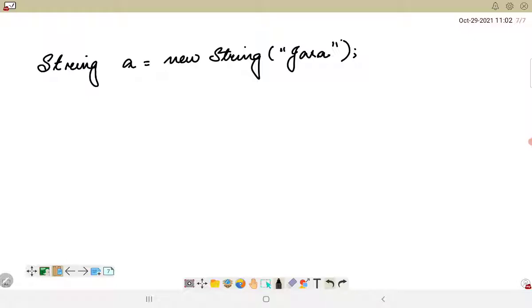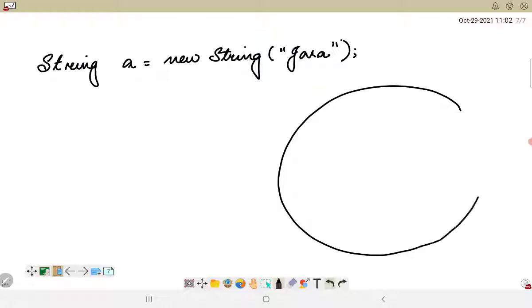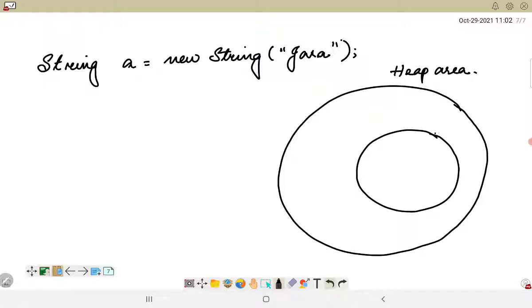When I'm doing this, initially the allocation of this object will be inside the heap memory area, and there will also be a string constant pool. Since I'm using the new keyword, one object referenced with the help of a would be created here, and since it has the value Java, it will be created inside the heap area.